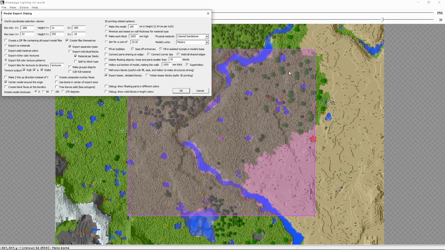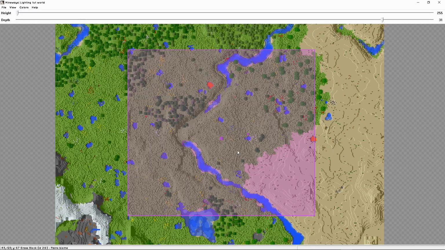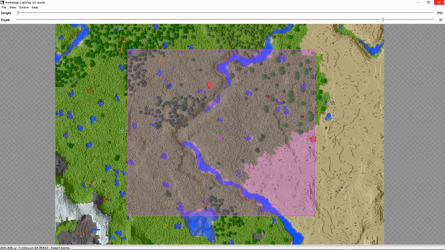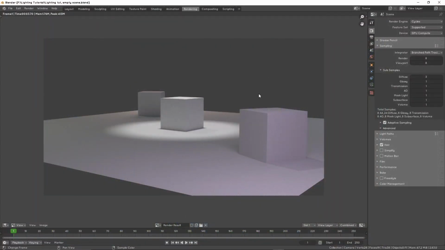Essentially what that does is it would render block faces at the edge of the map, which is just rendering extra faces that you're not going to need. So I just like to turn that off so you render fewer faces overall. And I'm not actually going to export this, but you would. And then a little progress bar would show up on the bottom, and at the very end, your thing would be exported. So I'm going to quickly go ahead and open up an empty scene,